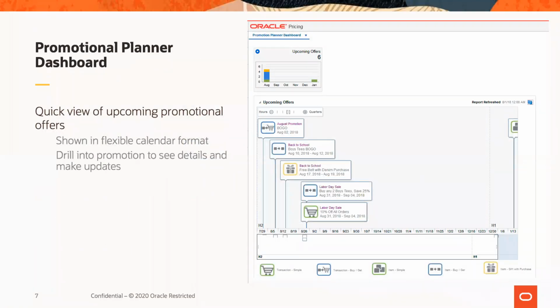The promotional planner dashboard is more of a calendar view, providing some information to the user on the types of offers that are upcoming and how they're laid out from a calendar perspective. This might help to show if maybe there are too many events or there's a gap in events that you have in your area that you may want to shift the dates around a bit to smooth that